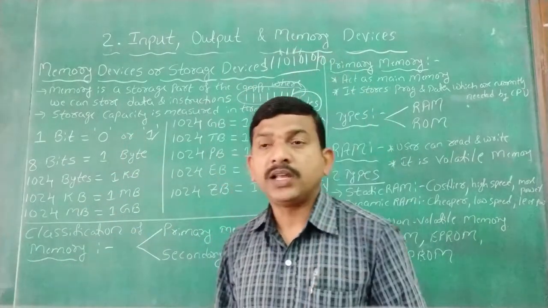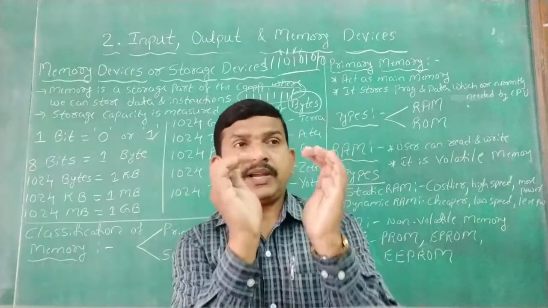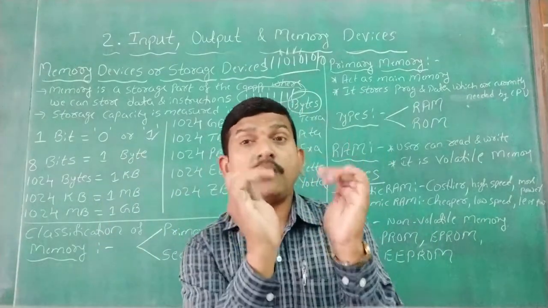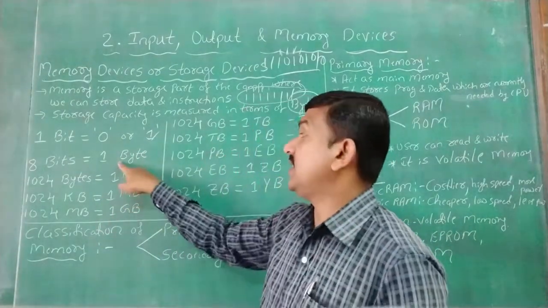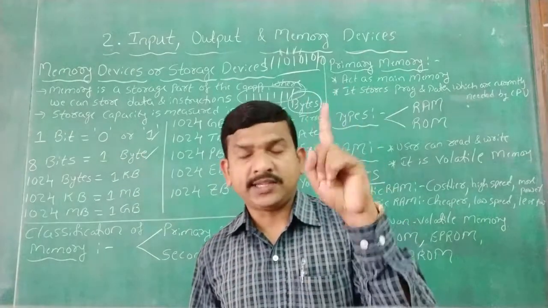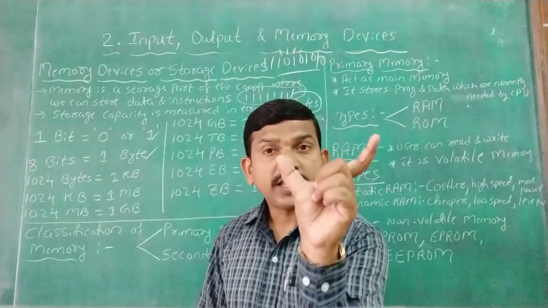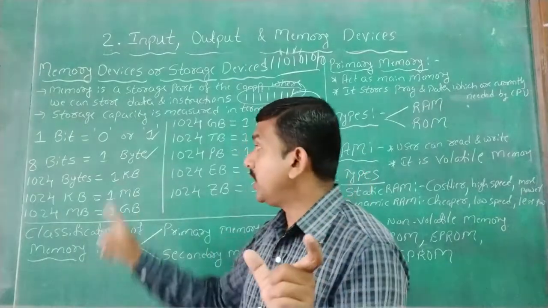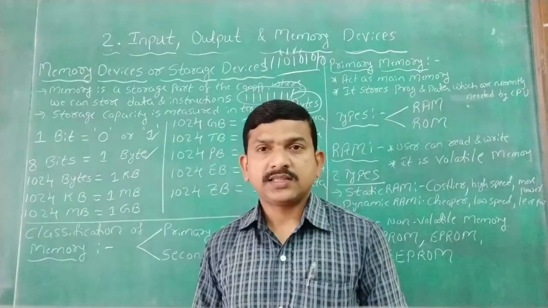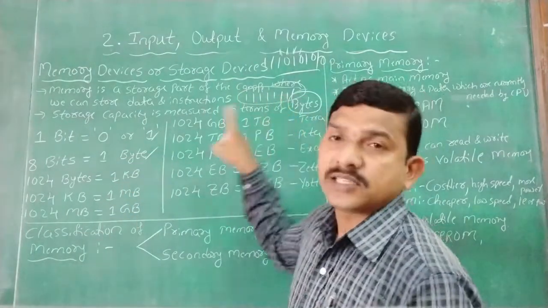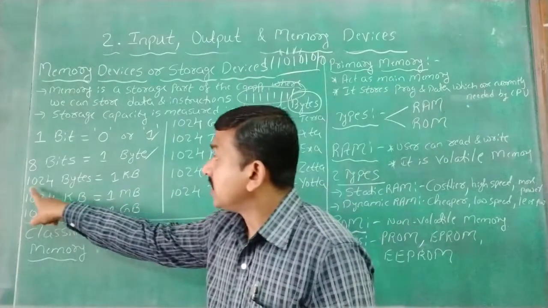1 bit, 2 bits. If there are 8 bits, a group of 8 bits, then we say that it is 1 byte. If there are 8 bits, we call it 1 byte. Yes? So suppose this is 1 byte. Similarly, next, if there are